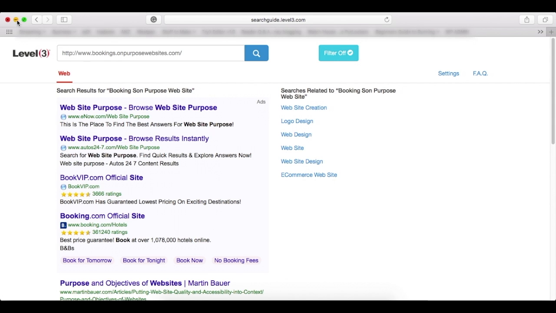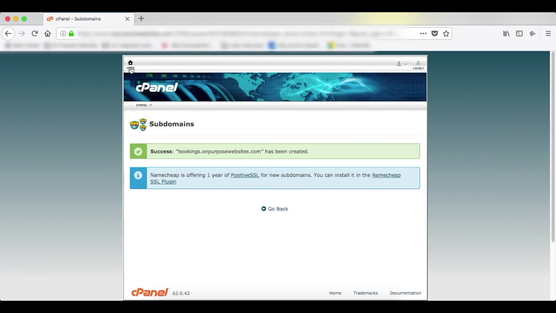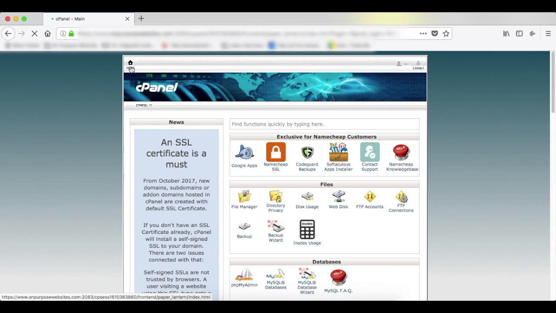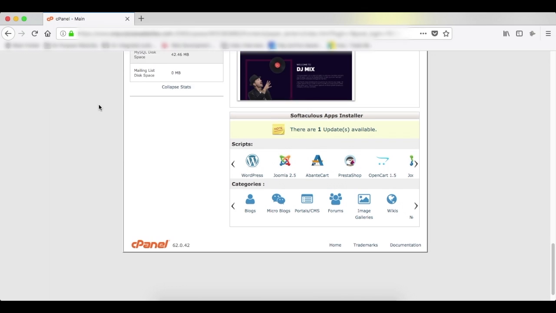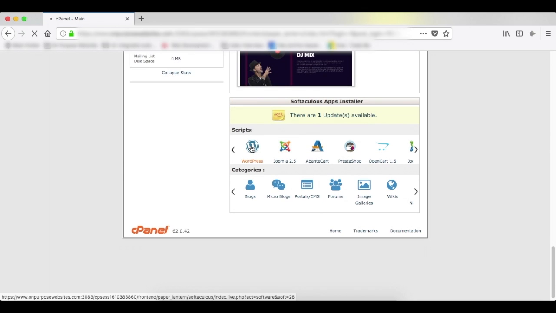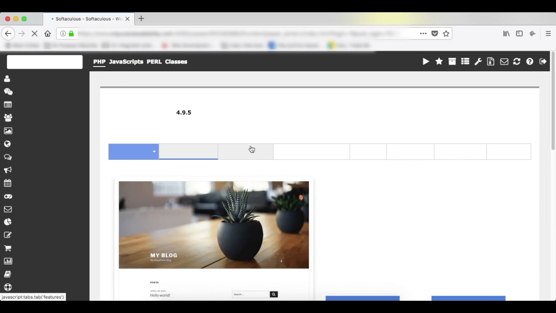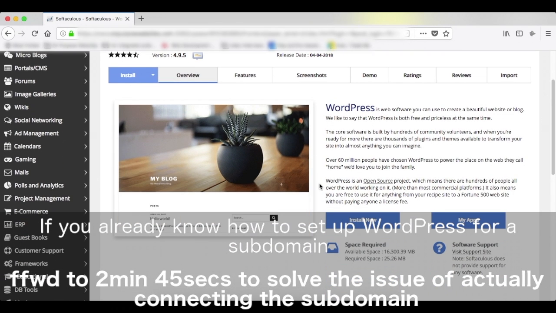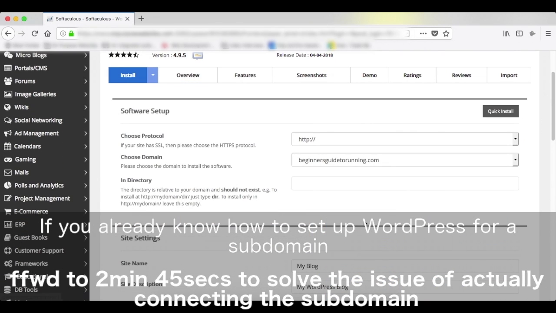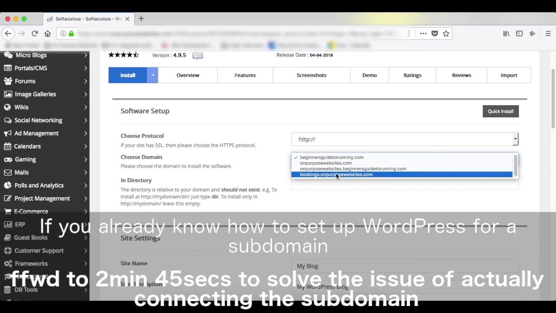Okay, so if we go back to our cPanel and we come home, what we need to do is connect this to a website of some sort. So what we'll do is connect it to a WordPress website by coming down the bottom and clicking on WordPress. Now, we will assume for this video that you know how to install WordPress, so we won't go over that, but just click install, choose the subdomain, so